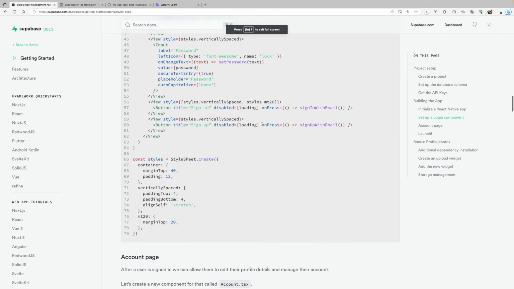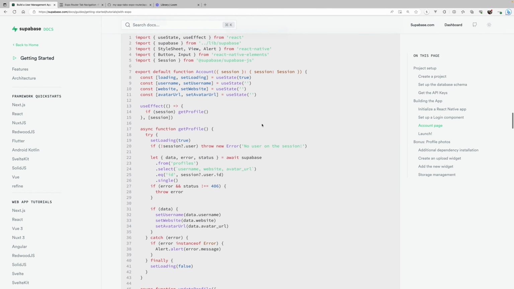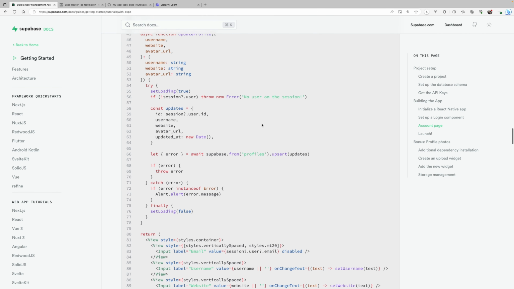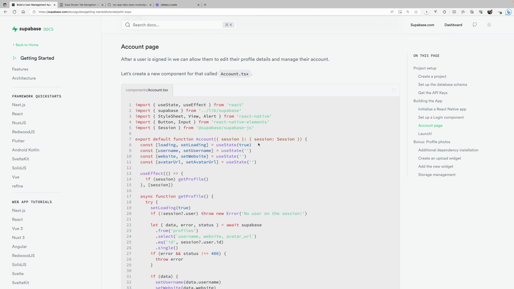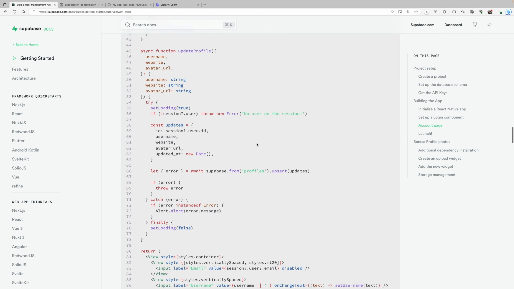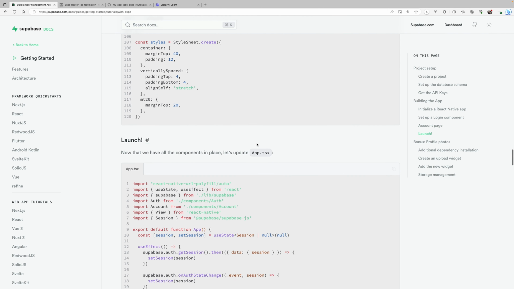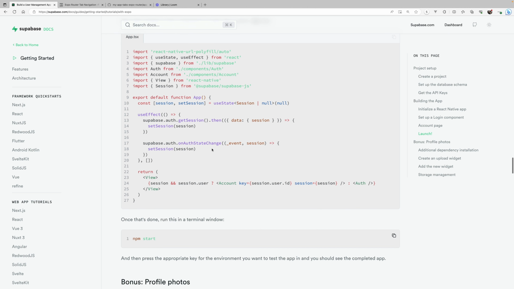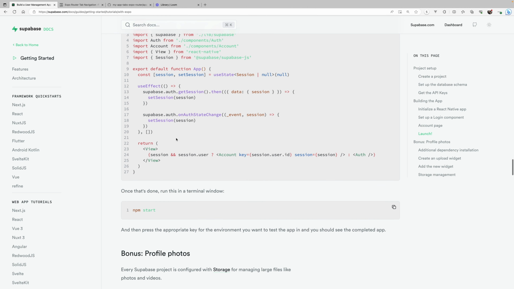We'll put the account page in later. Actually, I'll probably use my own account page because I know that they're using React Native Elements. So I'm just going to create my own kind of profile logout page instead of using theirs. But here's what we want to do inside of our index page. See, they're checking if we have a session or not, and if we have a session, that's determining the route. They're doing it a little bit differently here with this view. We're just going to leverage